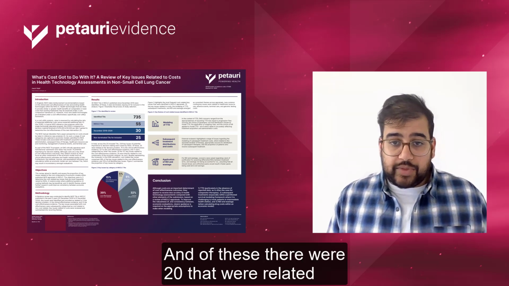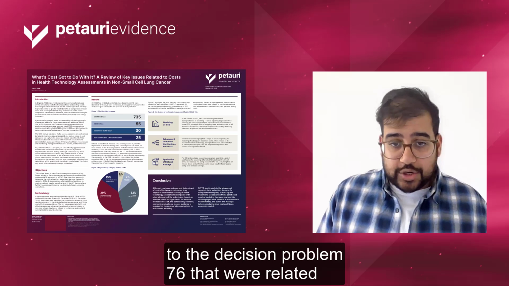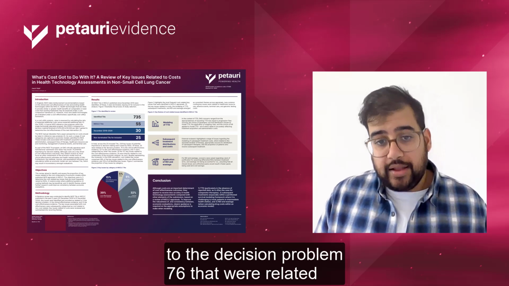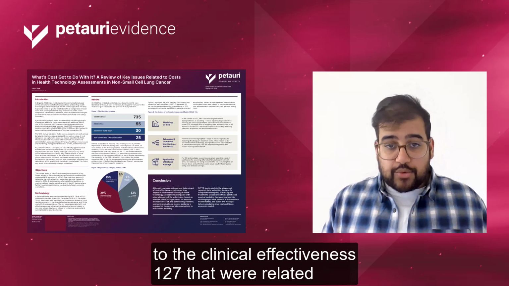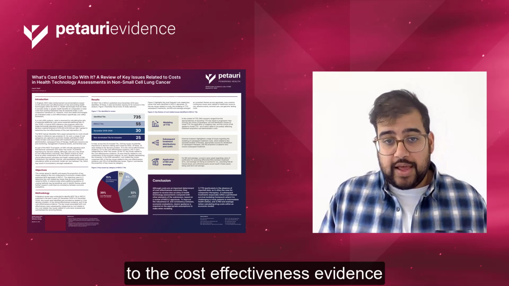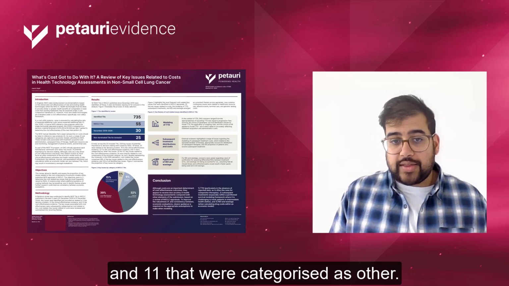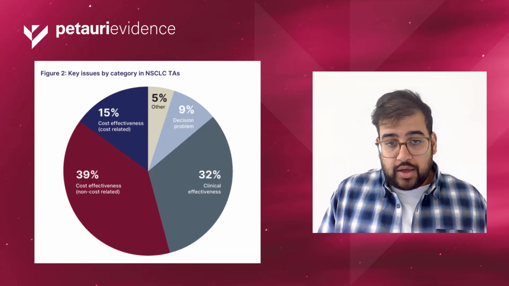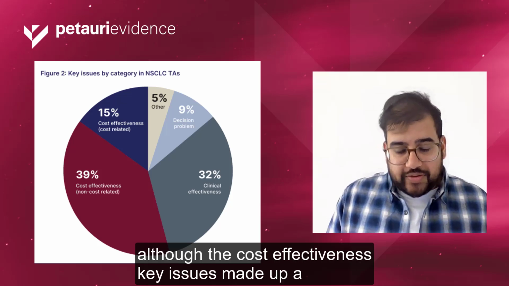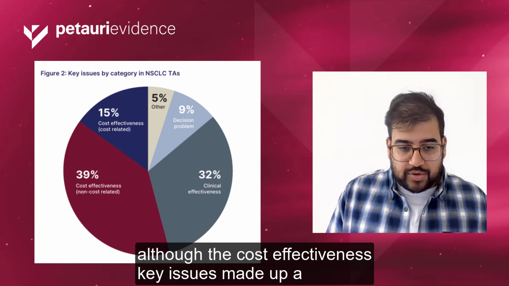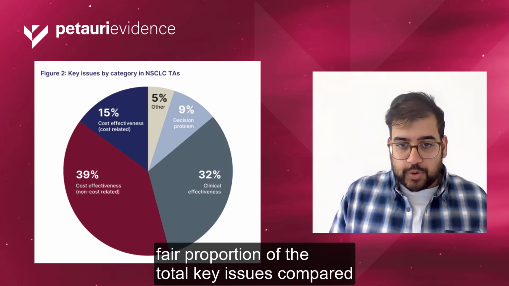And of these, there were 20 that were related to the decision problem, 76 that were related to the clinical effectiveness, 127 that were related to the cost effectiveness evidence, and 11 that were categorized as other. So you can see here in the pie chart in figure 2 that although the cost effectiveness key issues made up a fair proportion of the